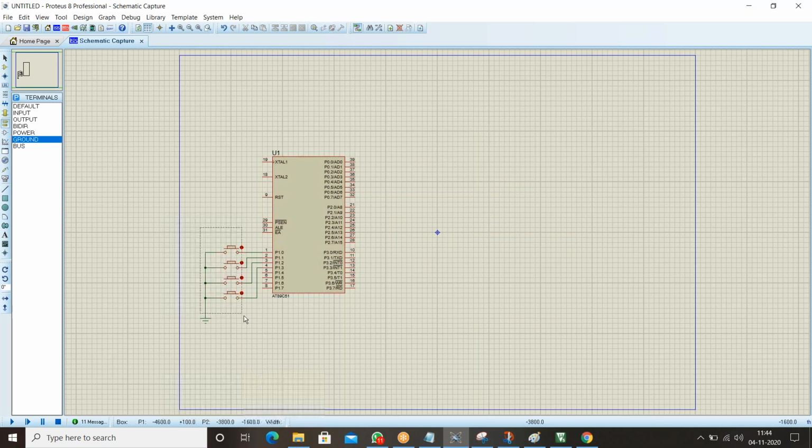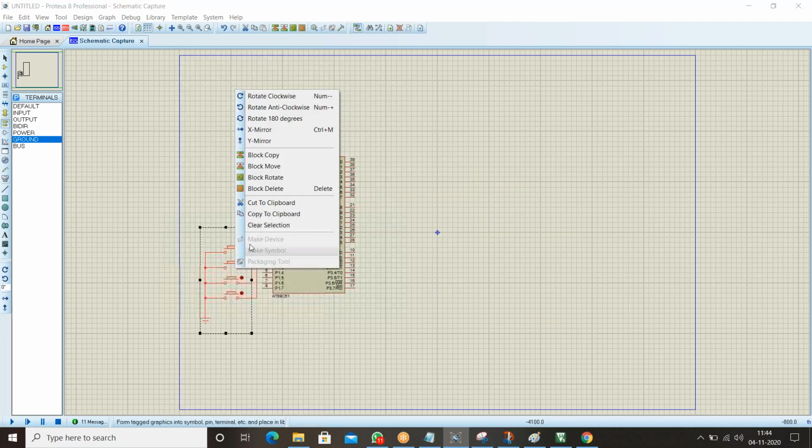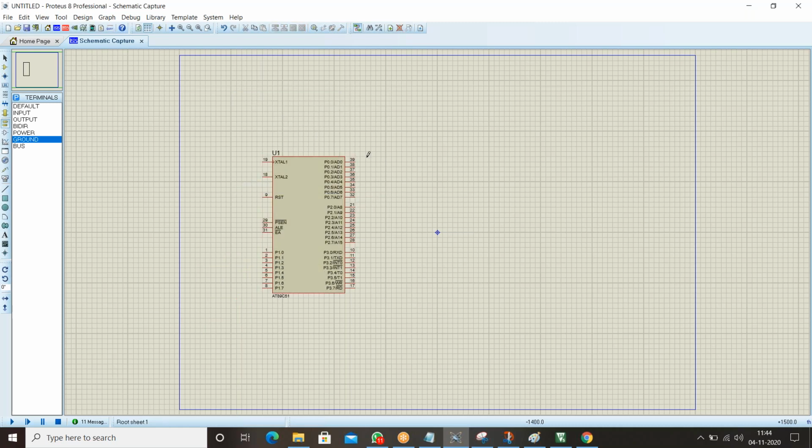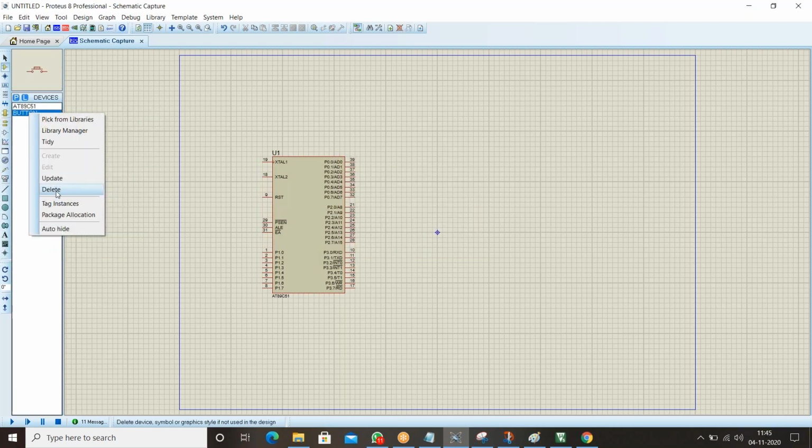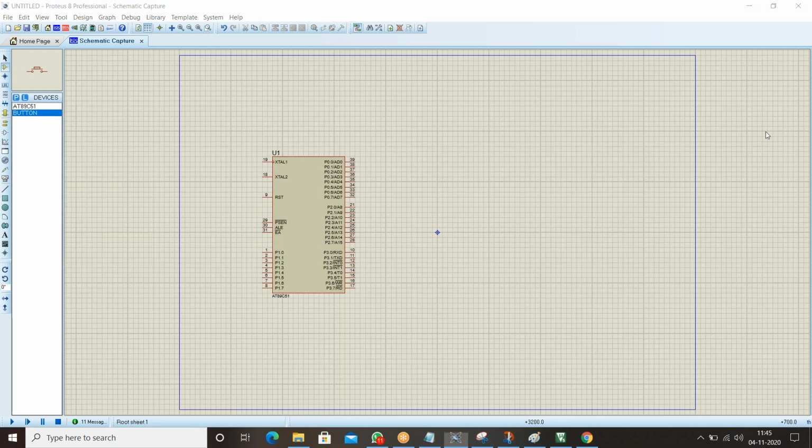Delete all these motors. We don't require all these things. Button is needed. We are going to control the relay by button.